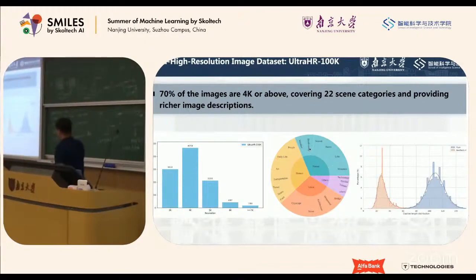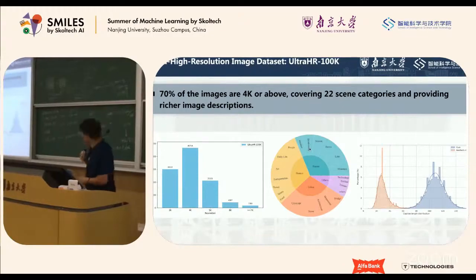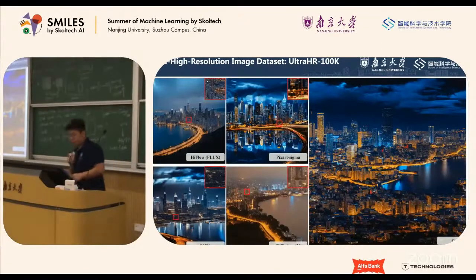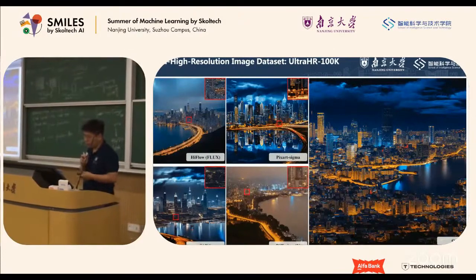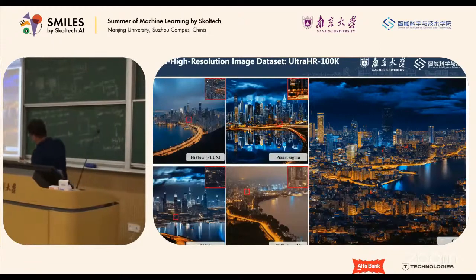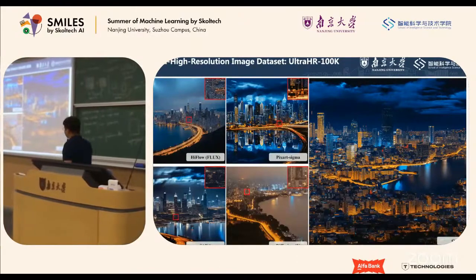Longer, more words to describe an image usually provide richer image descriptions and semantics. That offers stronger semantic supervision for text-to-image generation. So this is a comparison among several related works like HiFlow, PixArt-Sigma, Sana, and